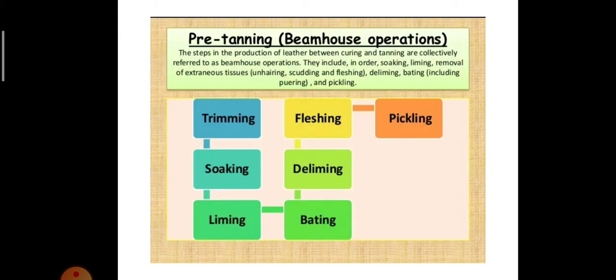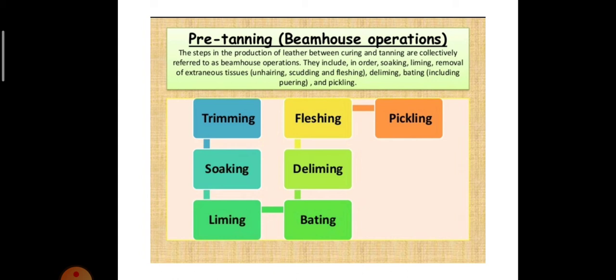Now, this is a flow chart. Pre-tanning, that is beam house operation. The steps in the production of leather between curing and tanning are collectively referred to as beam house operations. They include, in order, soaking, liming, removal of extraneous tissue,